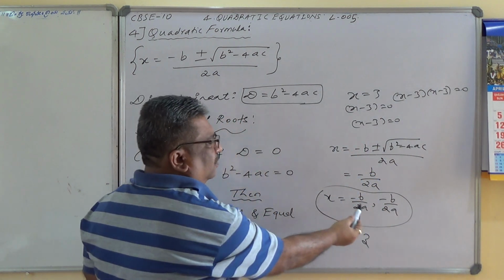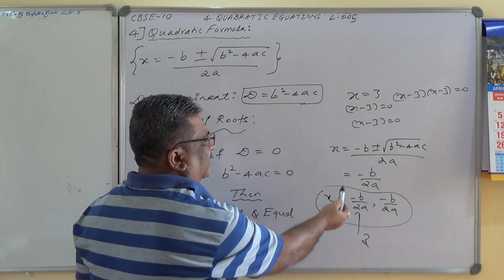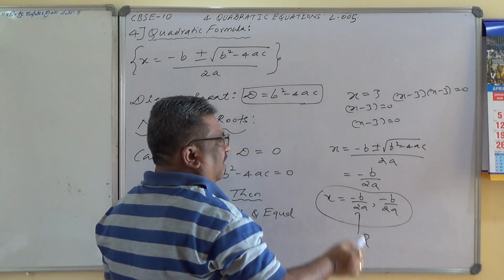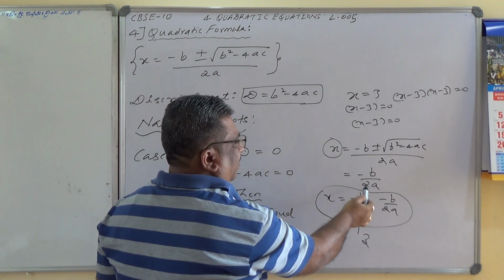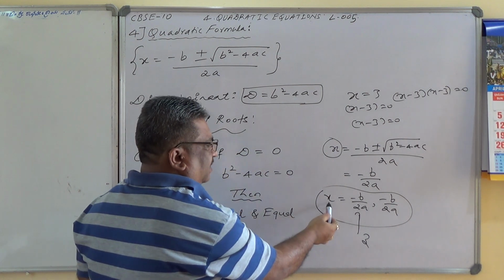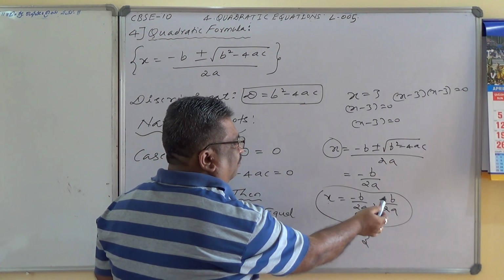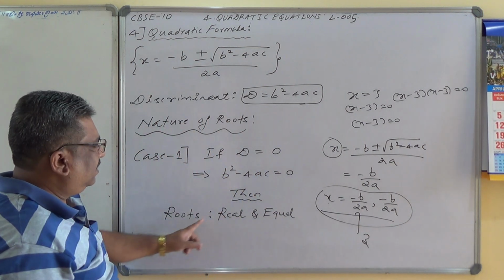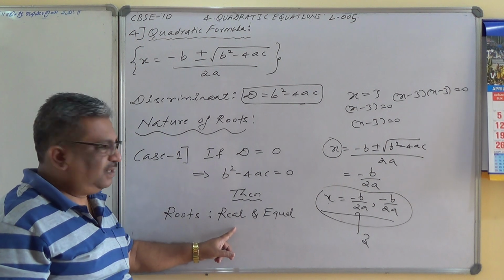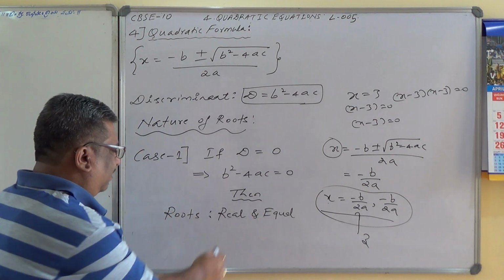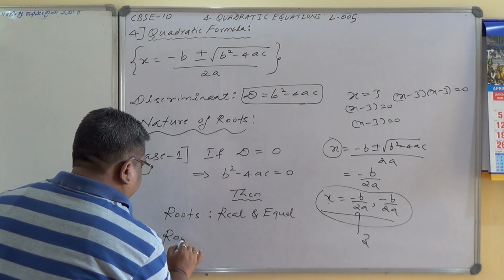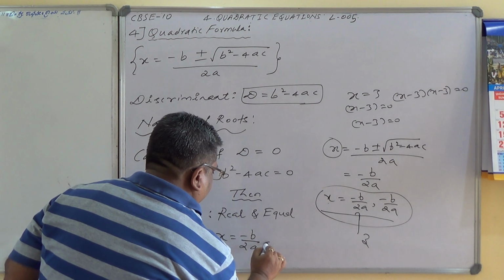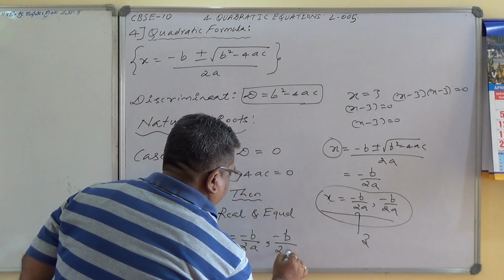And therefore we require two values for x here, and when the discriminant inside is 0, under root of 0 is 0, so the two values for x are minus b by 2a. How do you write that? x equals minus b by 2a comma minus b by 2a, meaning the same values for x. Therefore, the roots are real, meaning real numbers, and they are equal. Therefore, roots are x equals minus b by 2a comma minus b by 2a.